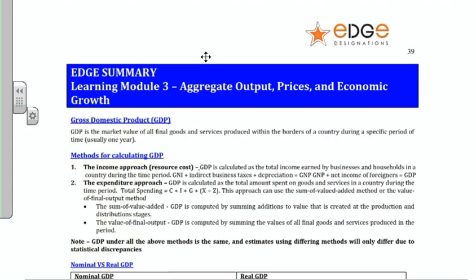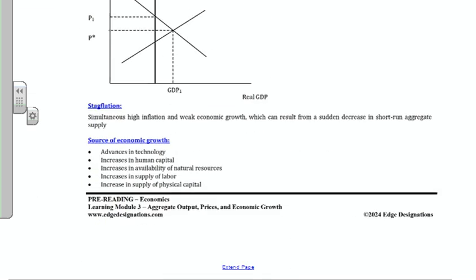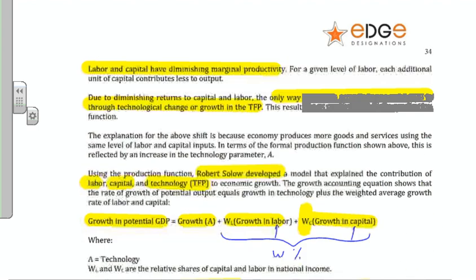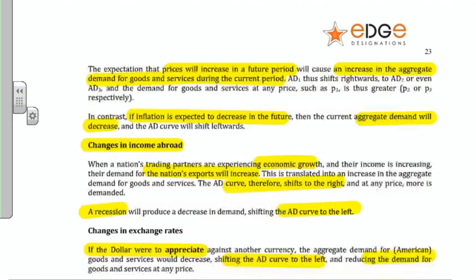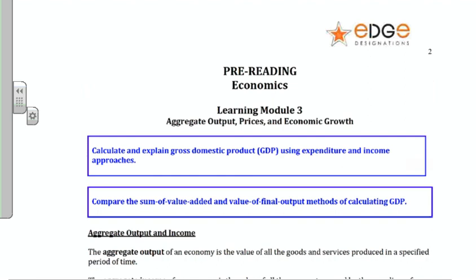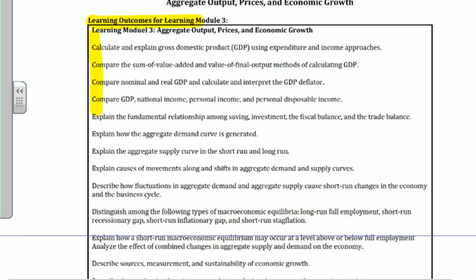There is a bit of a summary for you there on page 39, following on onto page 40 and 41. As you can see, it was a rather long learning module, and on to page 42. As per usual, guys, I always ask, if you don't mind, when you are finished a particular learning module, always go back to the beginning of that learning module and take a look again at the learning outcome statements. You can see for learning module 3 there were a couple of them, and just make sure that you read through those again and you say, okay, yes, I know a little bit about that,